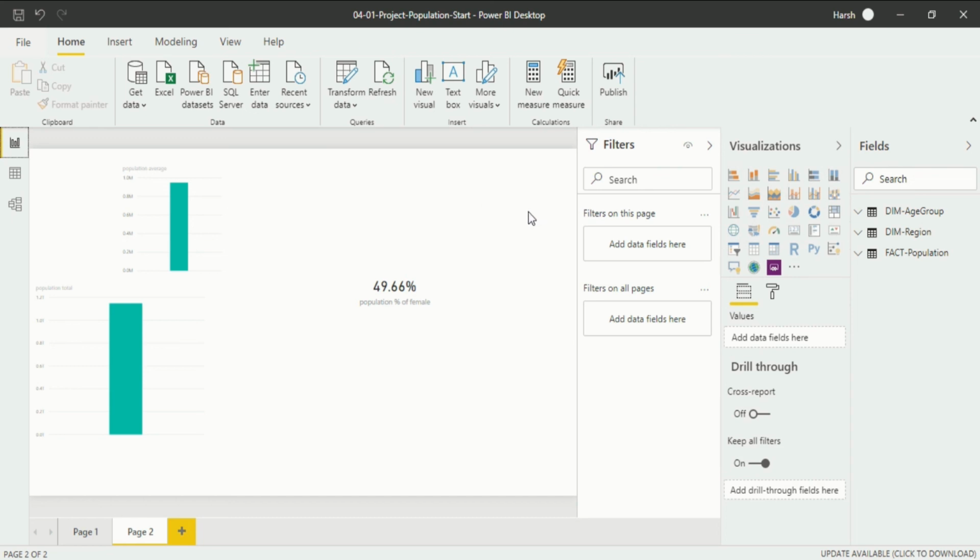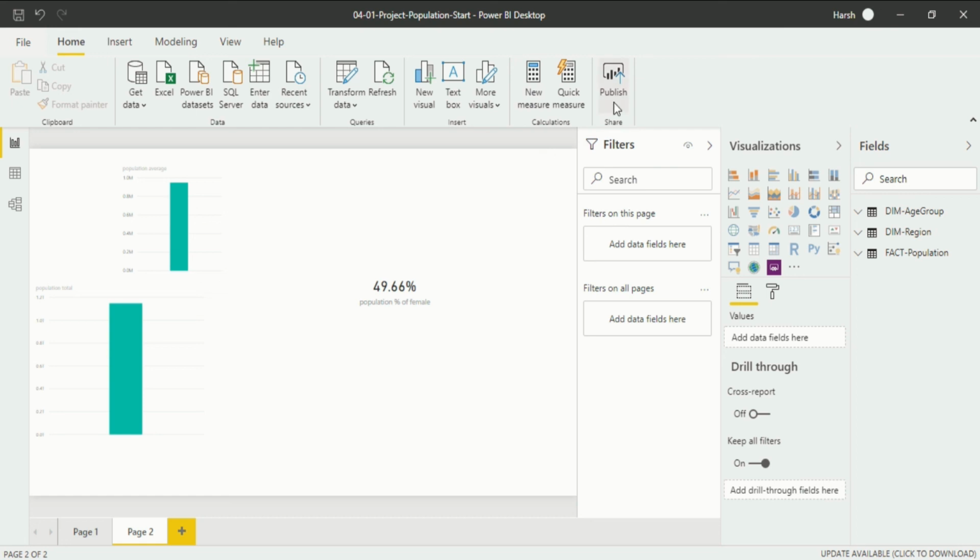There are more options available to you, that is more visuals. When I click on it, you will see that if you want more visuals from the app source or from your own files, you can insert them from here. After covering more visuals from the insert in the home ribbon, let's move on to the calculations. There are new measure and quick measure available. What are these? Write a DAX expression that calculates a value from your data. You can write a measure, which I have already covered in my previous videos. If you want to see how it works, you can go to my previous video.